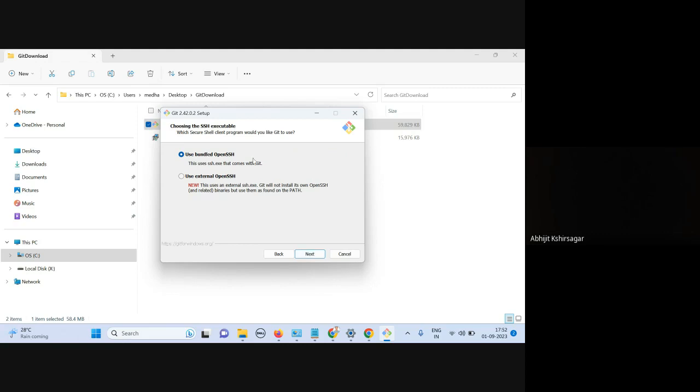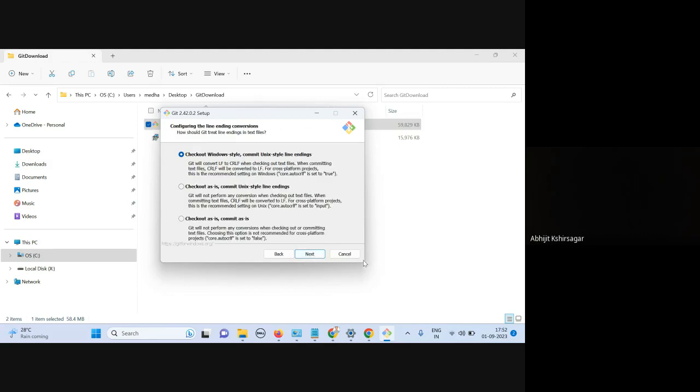And we'll use the bundled OpenSSH and OpenSSL. Right, so now this is a whole mess of line ending, so we will do the default. Okay, so that's it. Next,